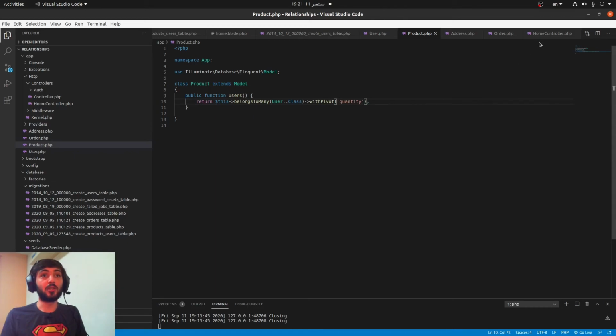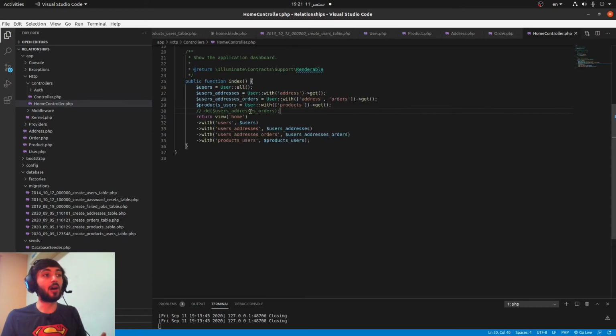Now let's go to the controller and see how I got that information. So I used an array here, and I can remove this array, but I'll just leave it alone because it's like this. Don't touch any code that works, okay? But it doesn't matter if you remove it. Now we have users with products like any other relationship. It doesn't matter on the controller side. You are calling and naming the relationship, and declaring the relationship is on the model side. And also I am passing the